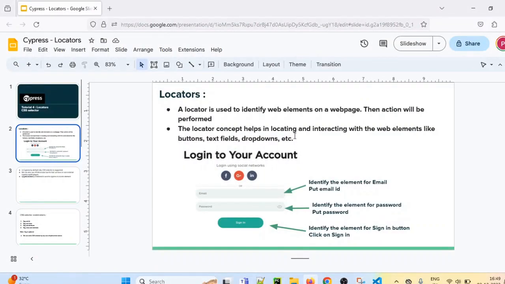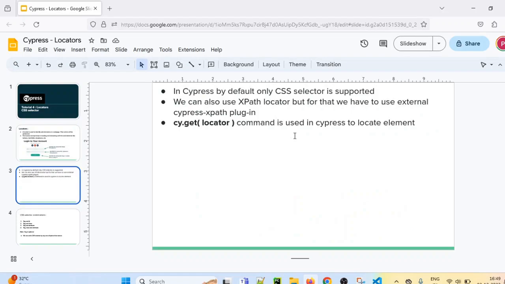Various automation tools support different types of locators. In Cypress, by default, only the CSS selector locator is supported. We can also use the XPath locator in Cypress, but we have to use the external Cypress XPath plugin for that.